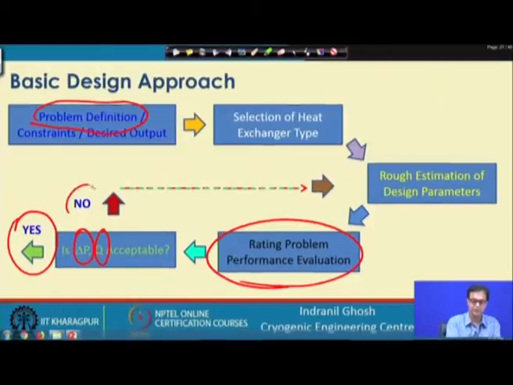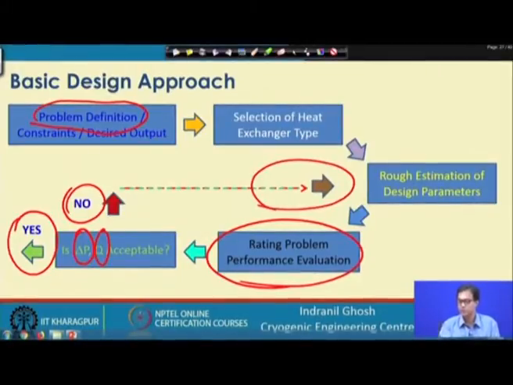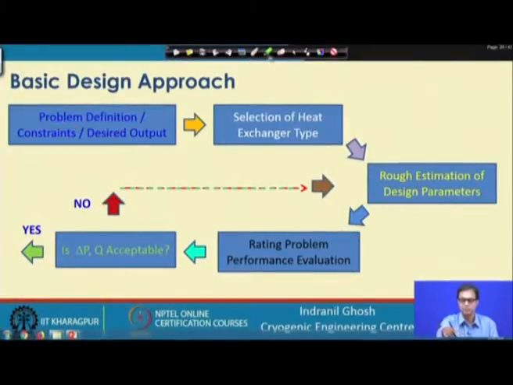If we find that it is not in accordance with our desired output, then we have to make a change in the estimation. So, you can understand that this is a kind of trial and error. We start with an initial rough design and rectify it according to our need. So, let us try to solve this